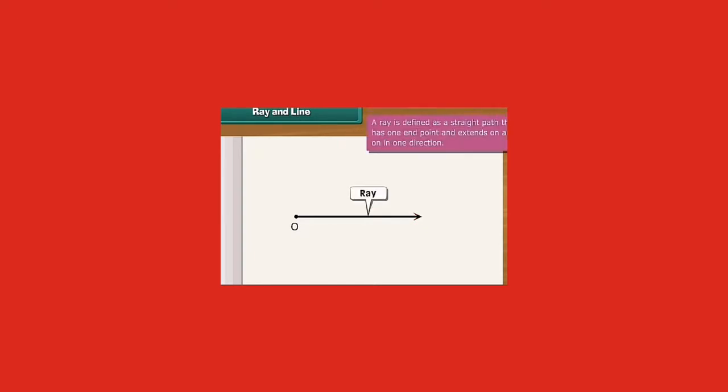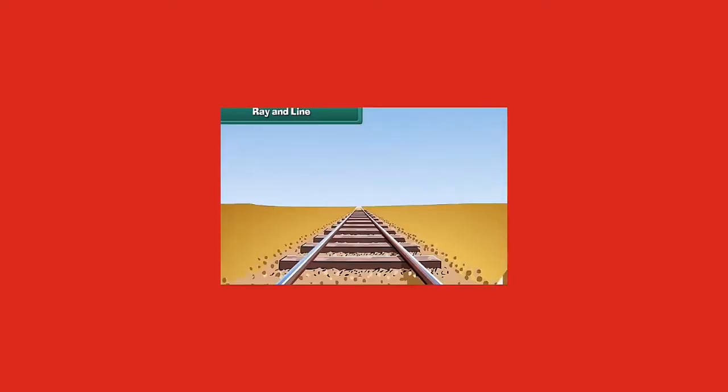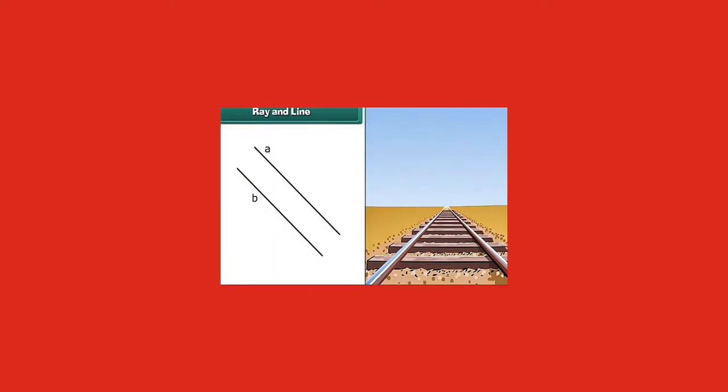The video also gave you all the detailed information about line, as to what is a line. A line is a path that extends on and on in both directions. After that, we also studied about parallel lines. Parallel lines are the lines which do not meet or intersect each other. A simple example of a railway track was presented in front of you.